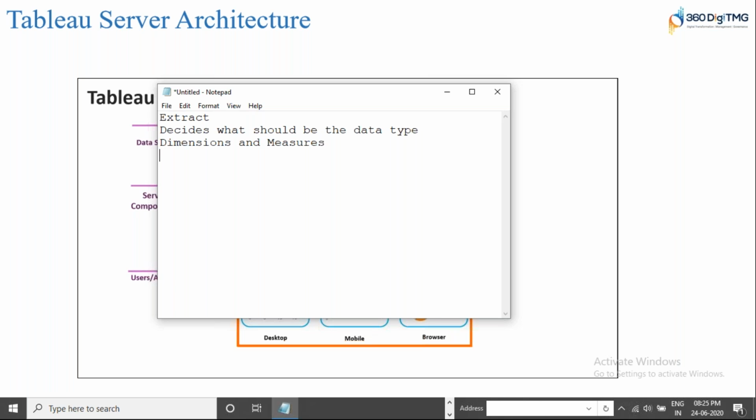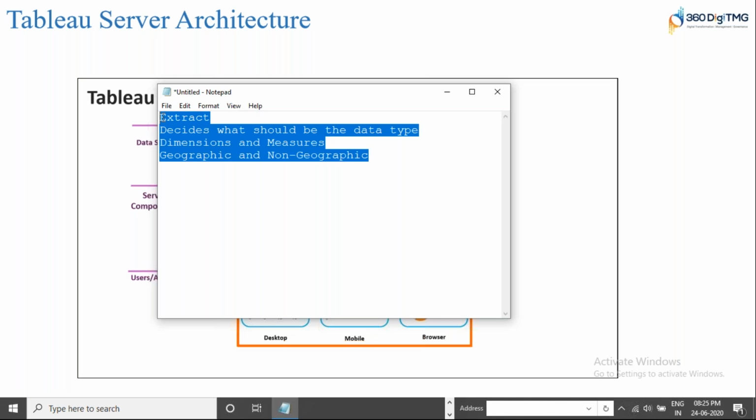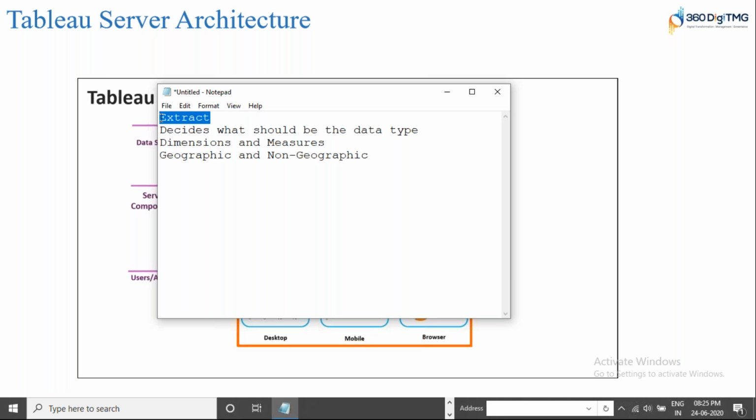We also said that Tableau distinguishes between geographic and non-geographic data. How exactly, we did not discuss; we'll discuss it when we get to that point. But how does it actually deal with data? How is it dealing with all of this data and doing all these activities, creating the extract